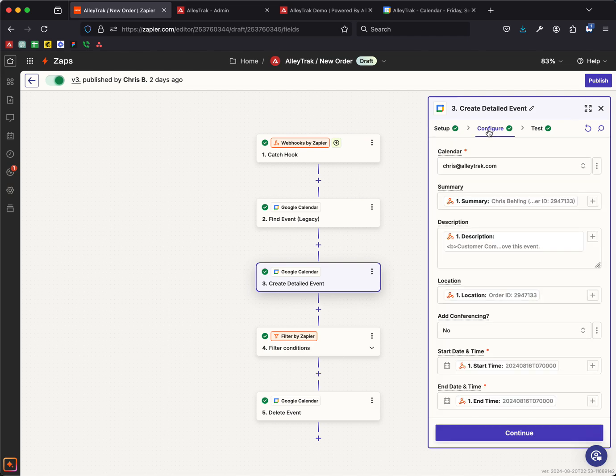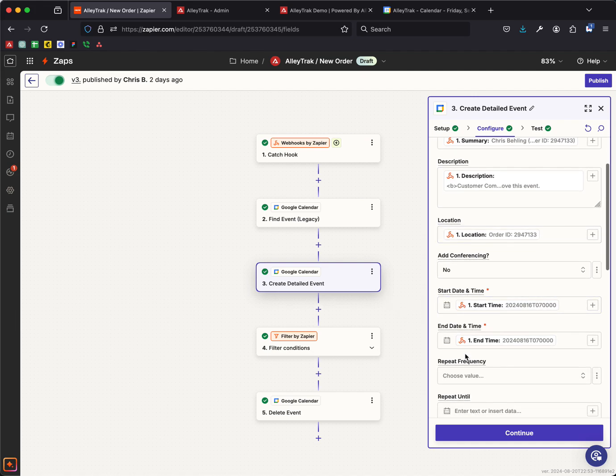And then if we go into our configure, you have the ability to configure what email address or what Google Calendar that's going to get sent to. And then the properties I have defined here is the summary, the description, the location property, and then we have our start time, and then we have our end time getting passed through, and then you can pass those into Google Calendar. Now, the time that we're passing these events over to, the start time and end time, is based on UTC 0,